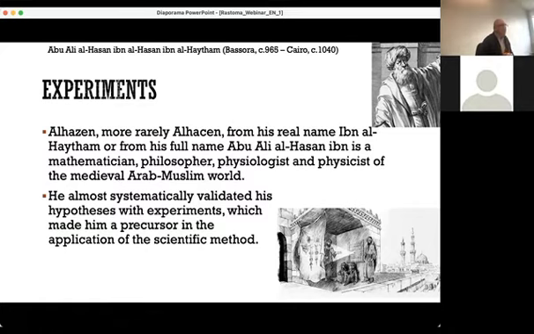And what Alhazen did that was really new at that time was experiment. Each time Alhazen thought about something, he did an experiment to test if his idea was correct. So we see that first Aristotle observed, Alhazen made experiments, and